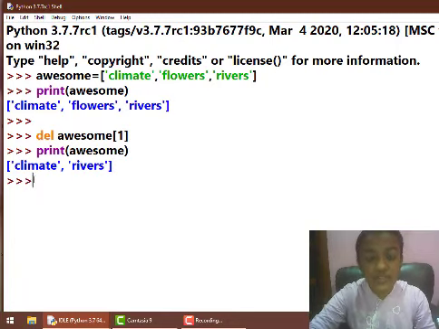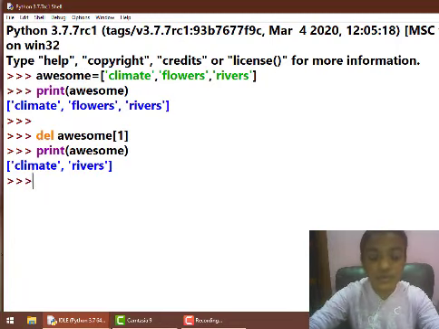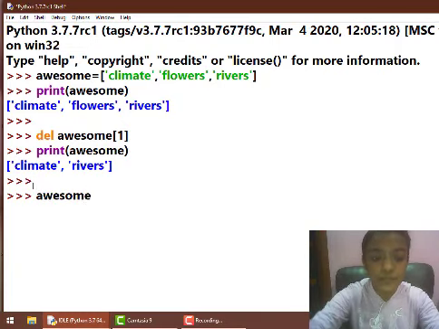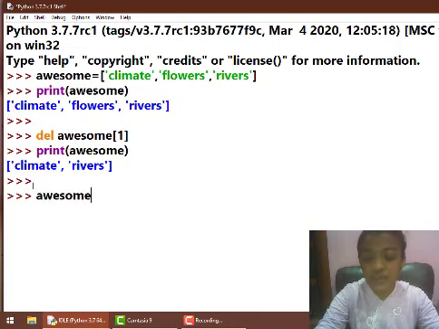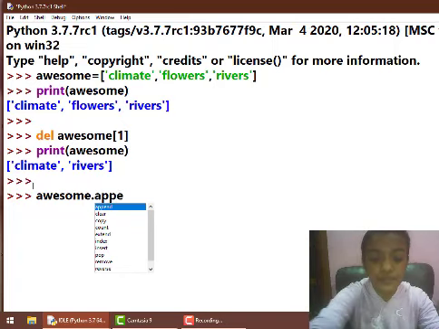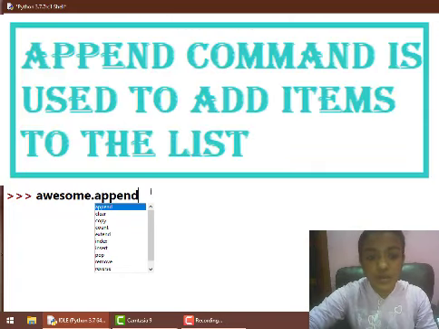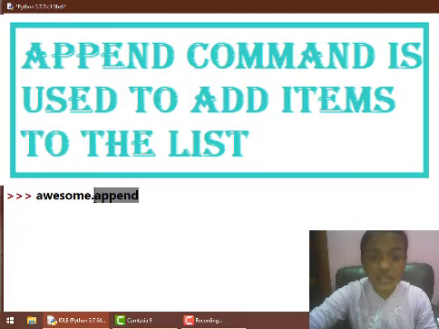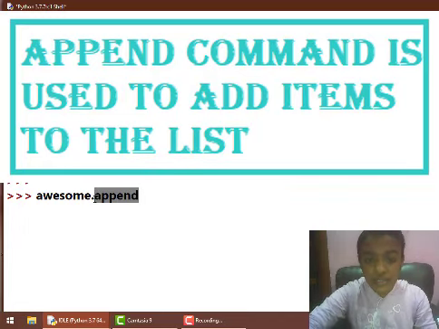So now if I need to add something to the list, what should I do? In order to add something to the list, I have to type in the variable which carries my entire list. Here our variable again is awesome, so I type awesome first, and after this awesome I keep a full stop, and after this full stop I use a command which is append. The meaning of append is to add something to the list. Append literally adds something to your list.